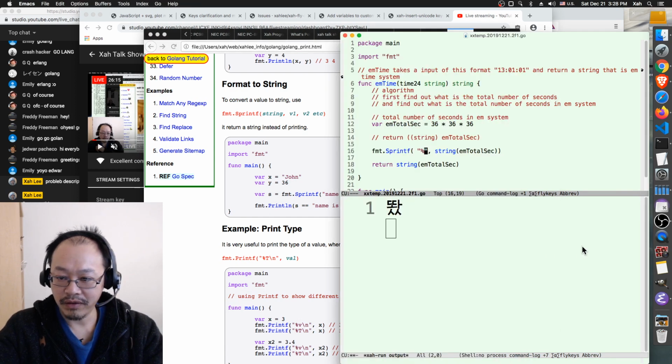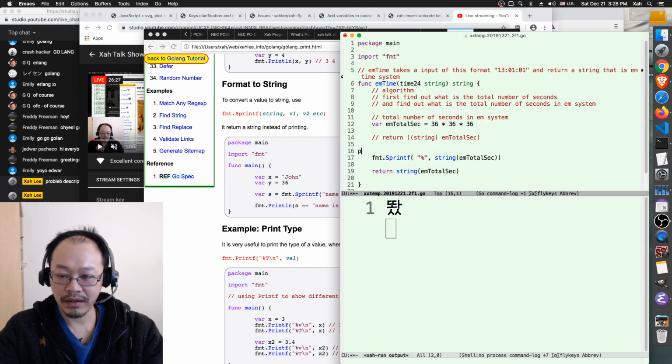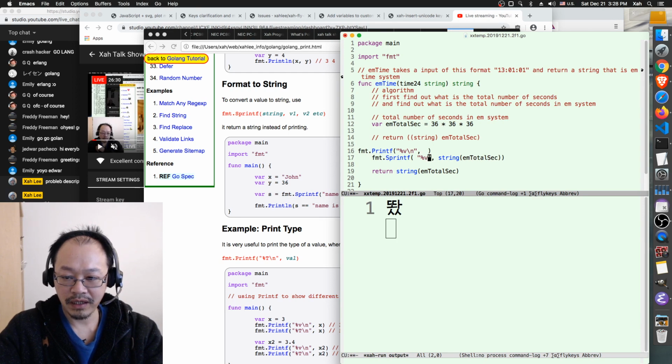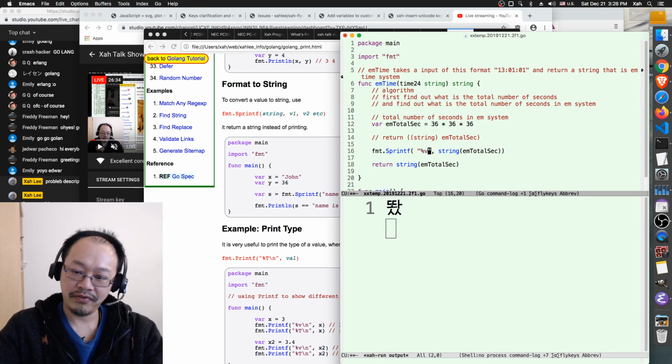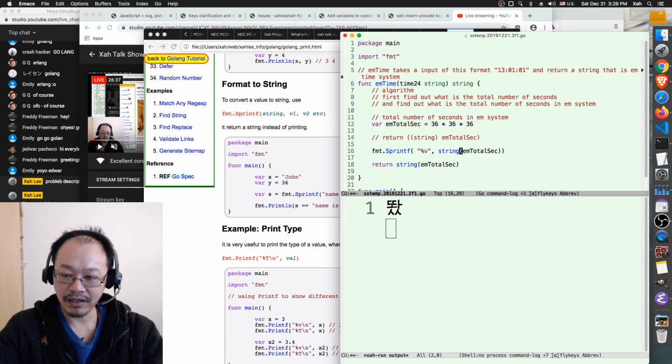So we want this part, the second part, is a string. And okay, I know what it is. V. Okay, V means Golang format. So anyway, what we are trying to do is convert this string into